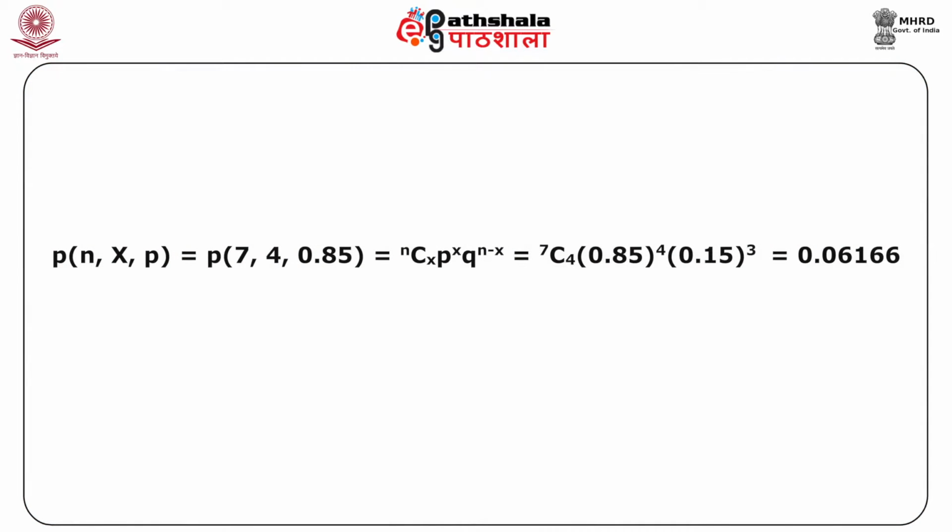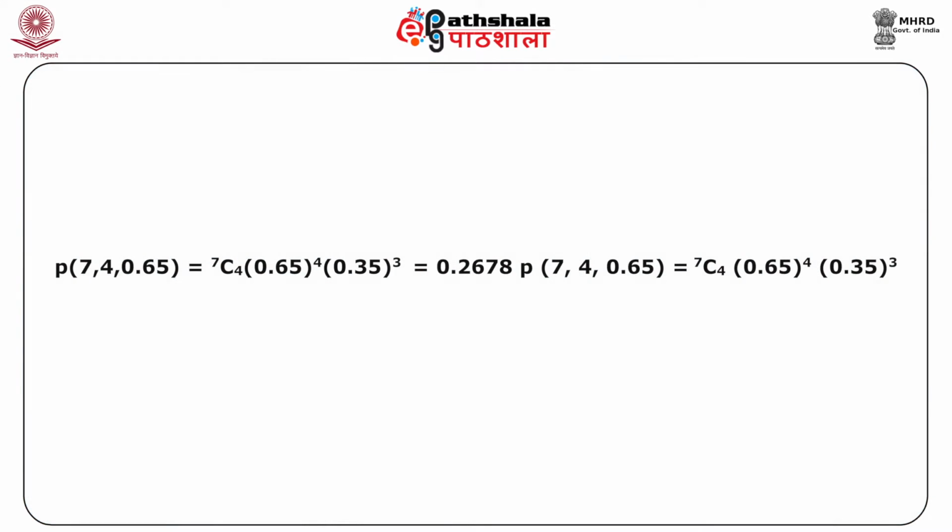If we accept the company's claim, p is equal to 0.85. P(X=4) = nCx p to the power x q to the power n minus x, which is equal to 7C4 into 0.85 to the power 4 into 0.15 to the power 3, which is equal to